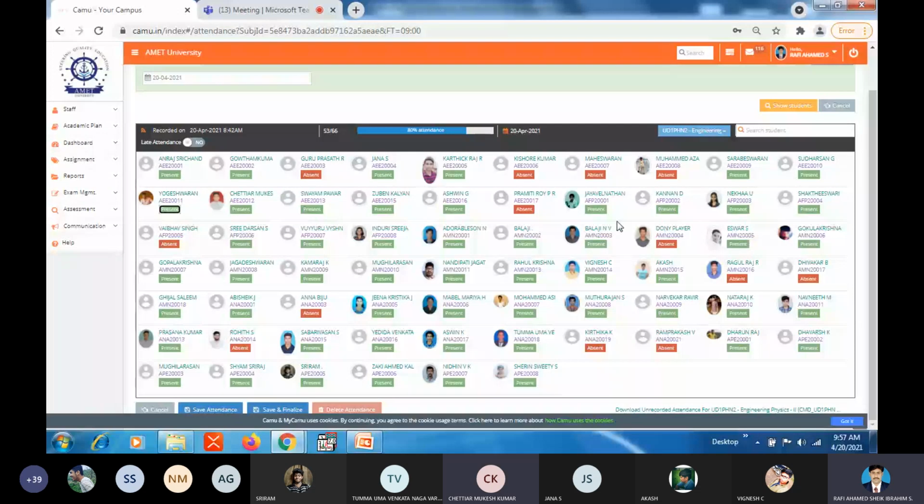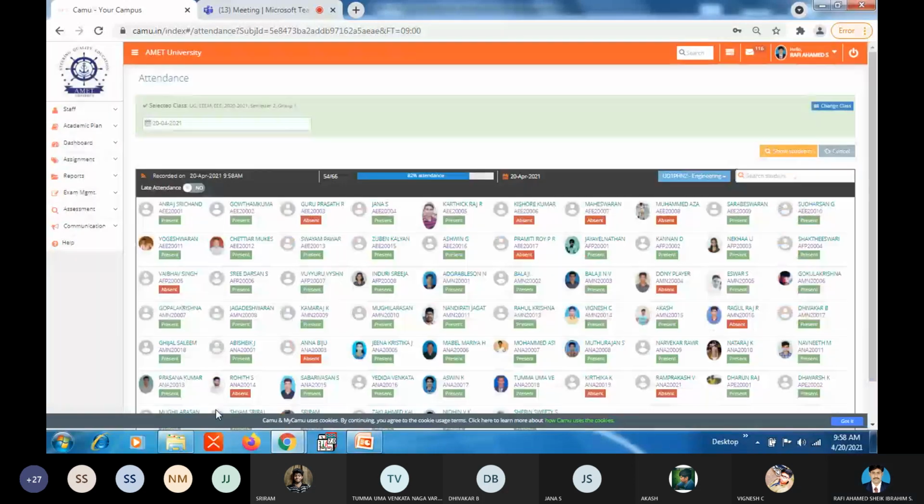Thank you, sir. Thank you. From food processing, only Vaibhav Singh is absent. So the food processing students can also leave. From the mining department, Dhoni player absent. Rahul Raj absent. Divahar B absent. Divagar present, sir. Okay, Divahar present. So Dhoni player and Rahul Raj absent.